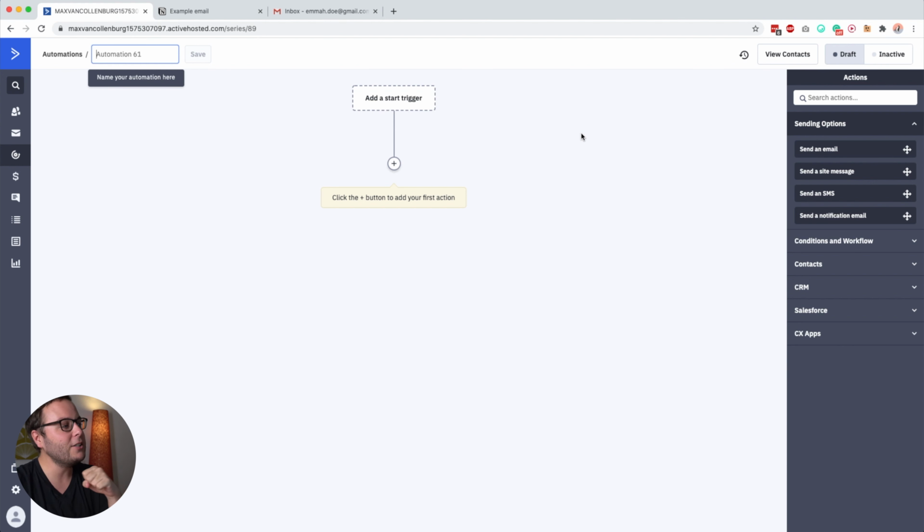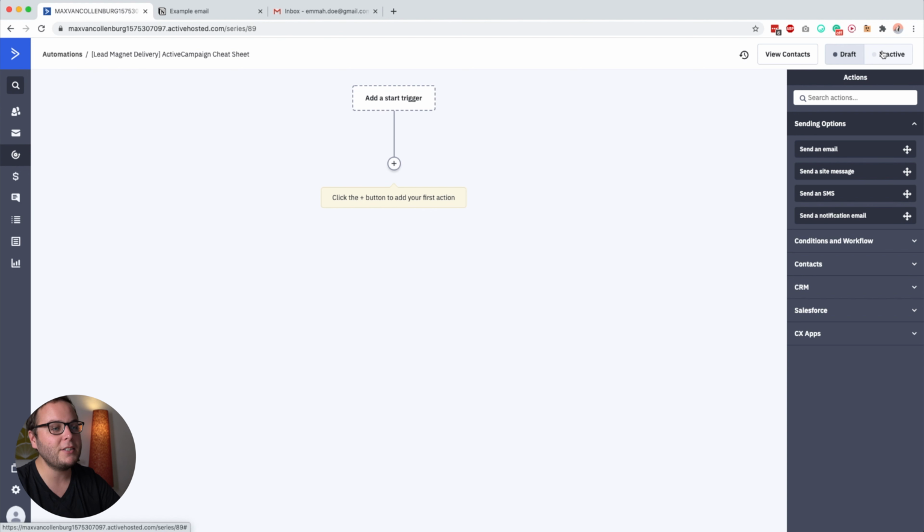So the first thing that you need to do in an automation, or at least what I like doing, is to give it a really clear name. So we want to create a lead magnet delivery automation. So I would just call this lead magnet delivery between brackets, and then we want to deliver an ActiveCampaign cheat sheet. So cheat sheet. And then I click save, and then it's just clear to know when you have like a big list of automations that you know like, hey, okay, this automation is to deliver lead magnets.